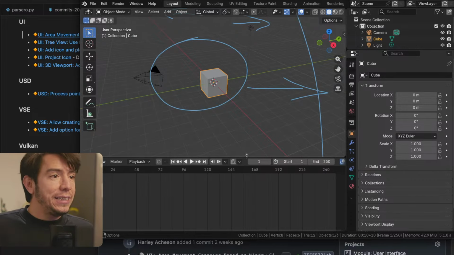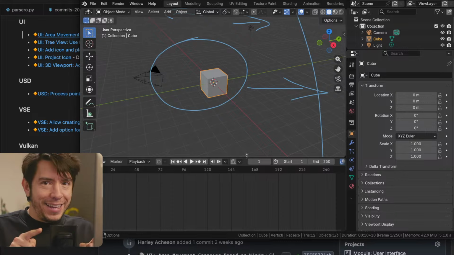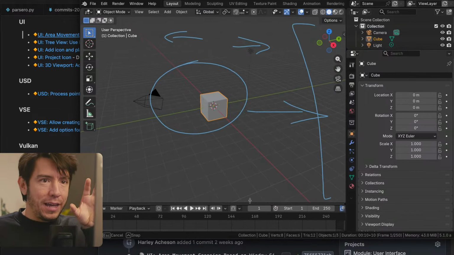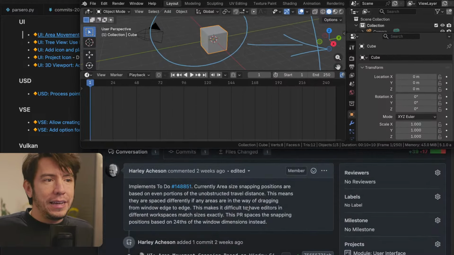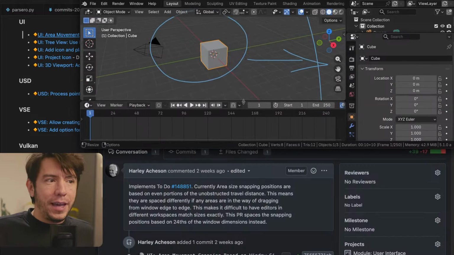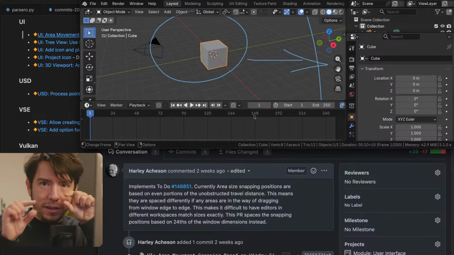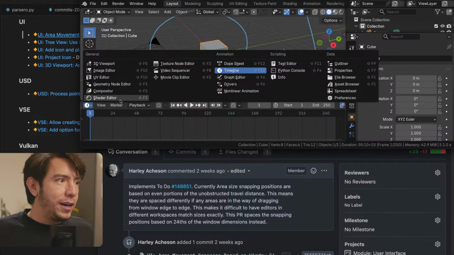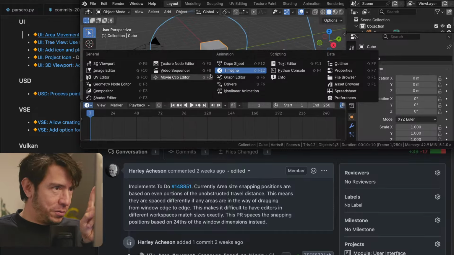It's not there yet, but there are more improvements coming to the snapping, to be smarter and snap to the height of the header and the height of the scrub area. And even more, spoiler alert, this is coming soon.